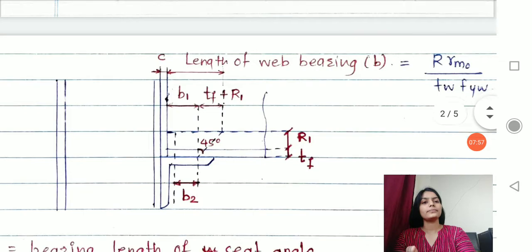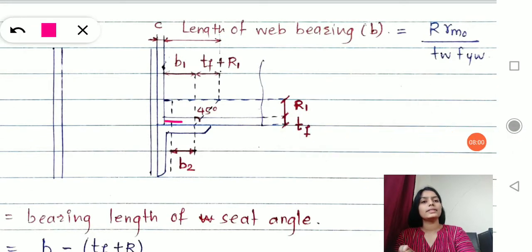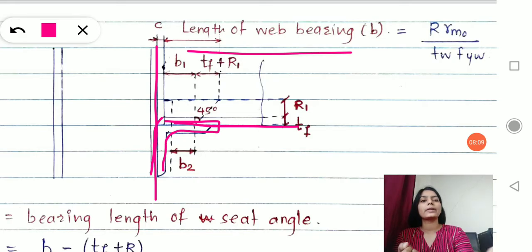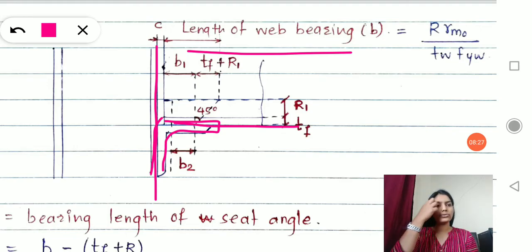See here, with this seat angle, and the seat angle is connected to the flange of your column and the flange of your beam. This is your beam actually, and you have connected the seat angle to the flange of your column and the flange of your beam. I have shown the pictures of it in the previous video where we discussed the types of connections, and I requested you in that video to watch different videos regarding these connections. If you come across any three-dimensional picture of it, that will give you a better idea to understand these connections.